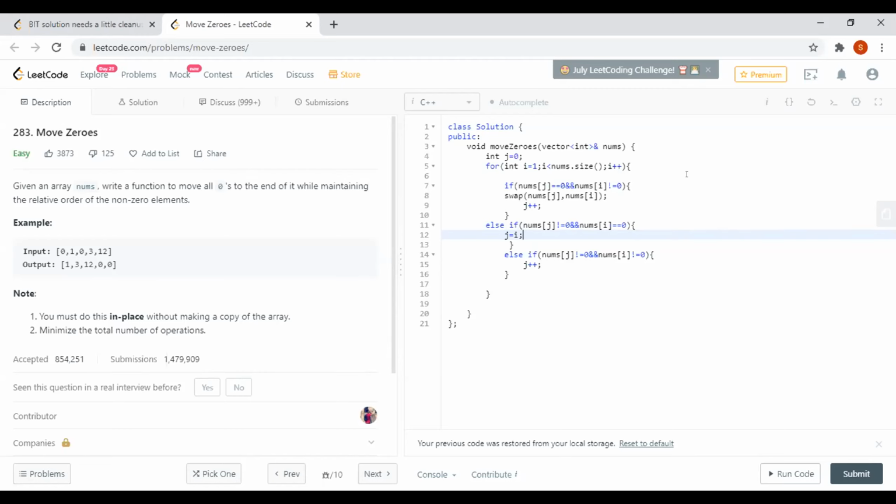That might be possible. But this condition and that condition are completely different. Here I am swapping because the non-zero element is on the right side, and here I'm not swapping.